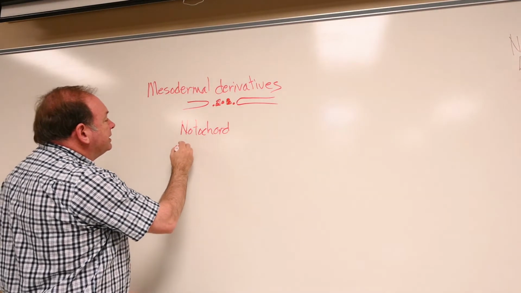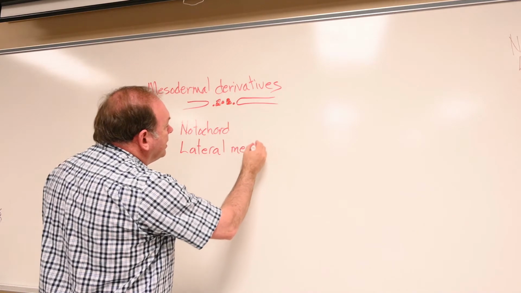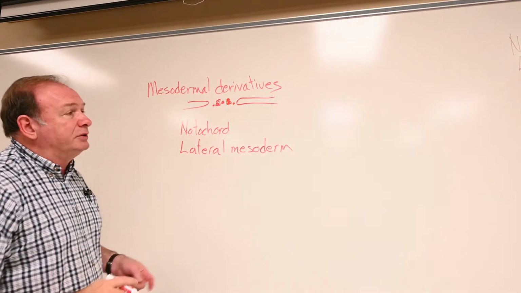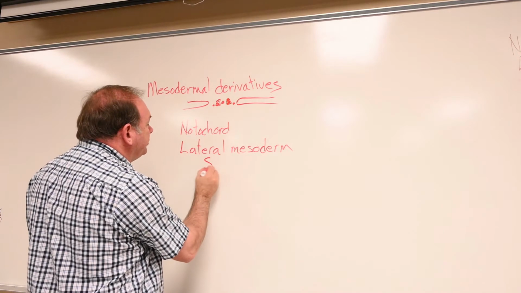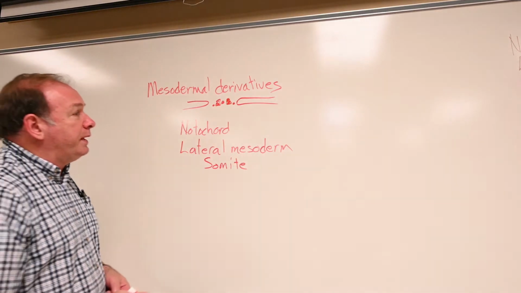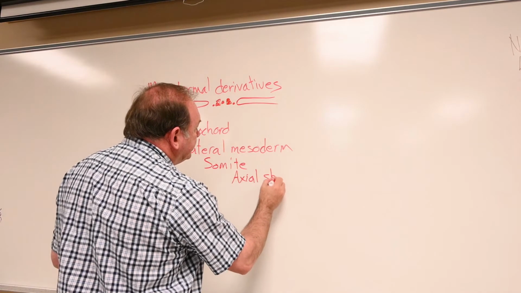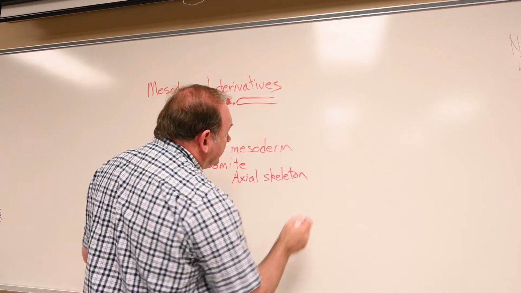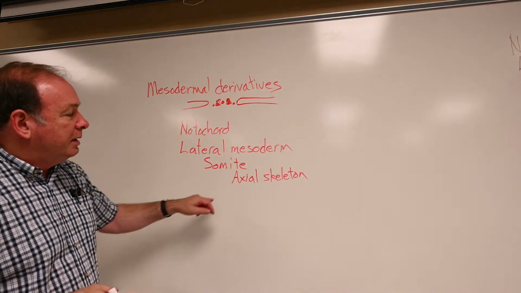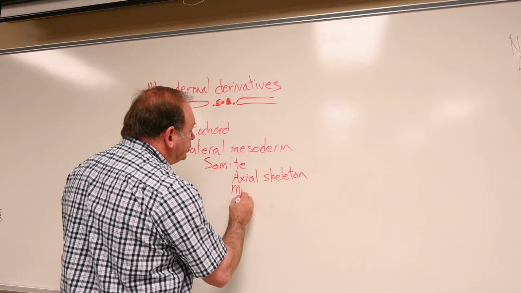And then we have what we might consider lateral mesoderm, so to either side of that notochord, our lateral mesoderm is divided into that portion that becomes the somite. And from that somite, we get a few things to form. We get the axial skeleton, we think of the bases of our ribs and our vertebrae and some of the other skeletal structures along the axis of our body. Muscle and connective tissue,